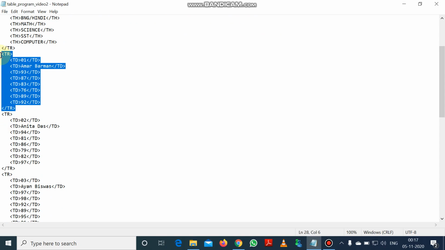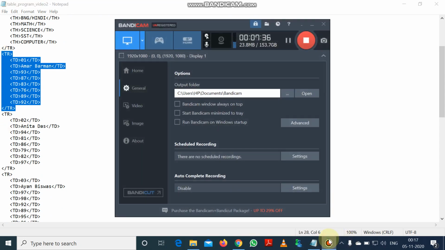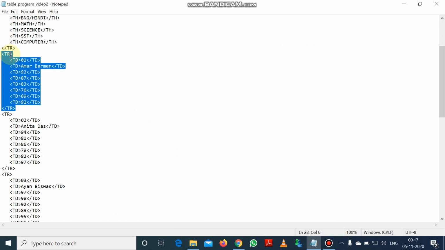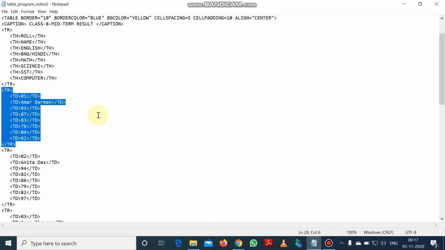As we are creating a row, the tr tag is used here also. Now the tr tag is given. After that, the td tag is given. td means table data. Now the td tag is given, and then the data is given. In the first video I have already told that data is given according to the heading. The first heading was roll, so roll number 01 is given within the starting and ending td tag. Second heading was name, so the second name Amor Bormon is given with the help of the starting td tag and